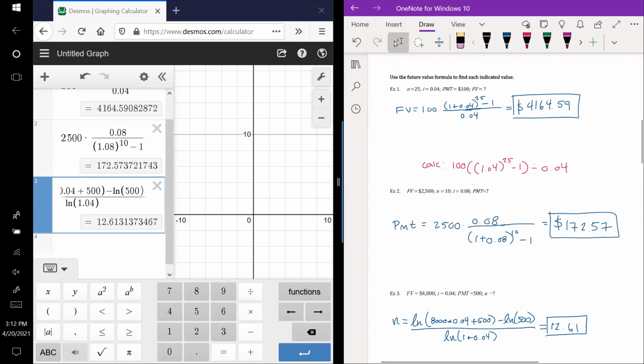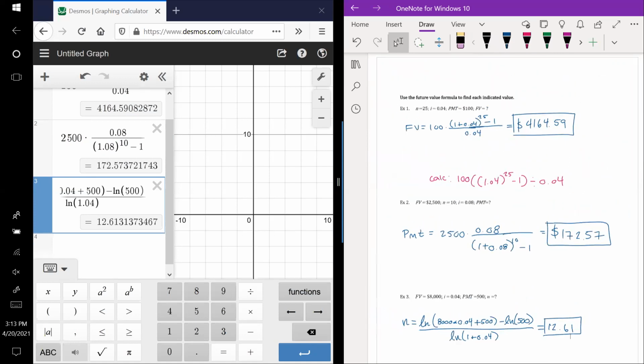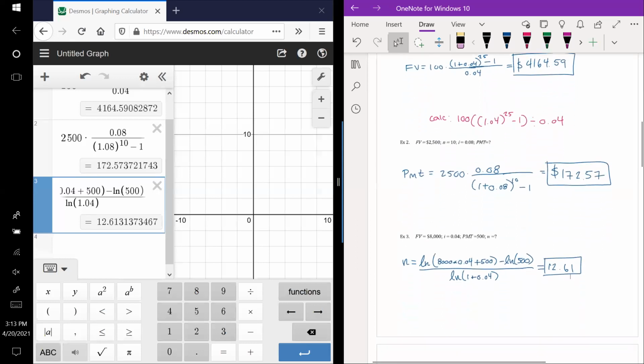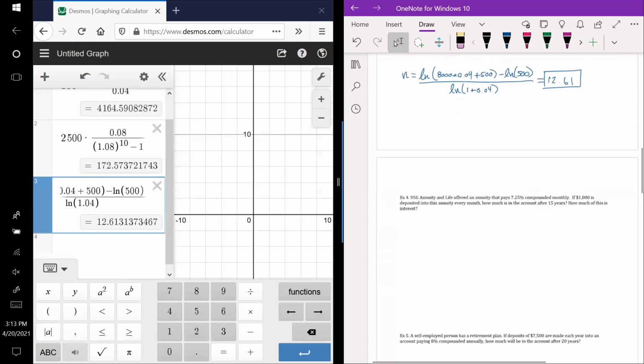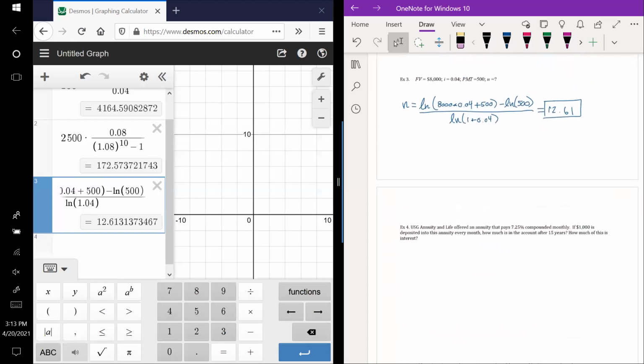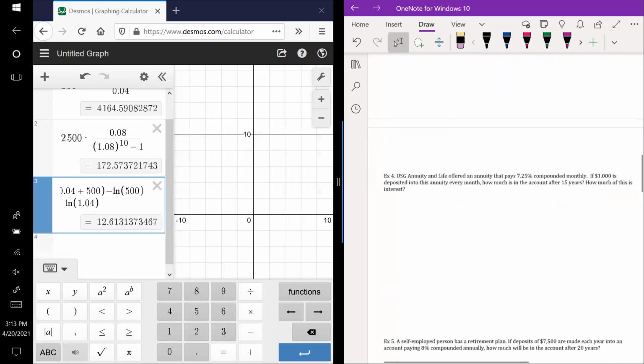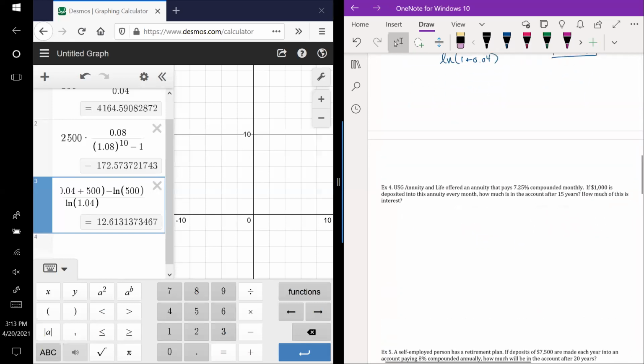Okay. And that's how you use these formulas. Given the certain pieces, plug them in and calculate. Any questions on this page? All right. Keep moving. Okay, next. Number 4, and I'll keep Desmos up because we're going to be using the calculator a